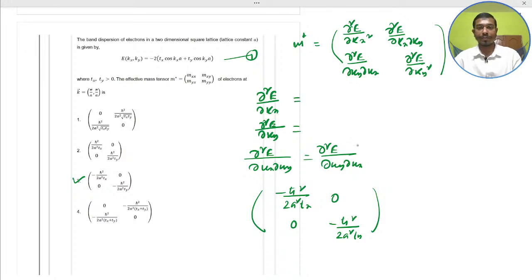Do this derivative and put this value, you would get. Homework 7 for your practice. Next,